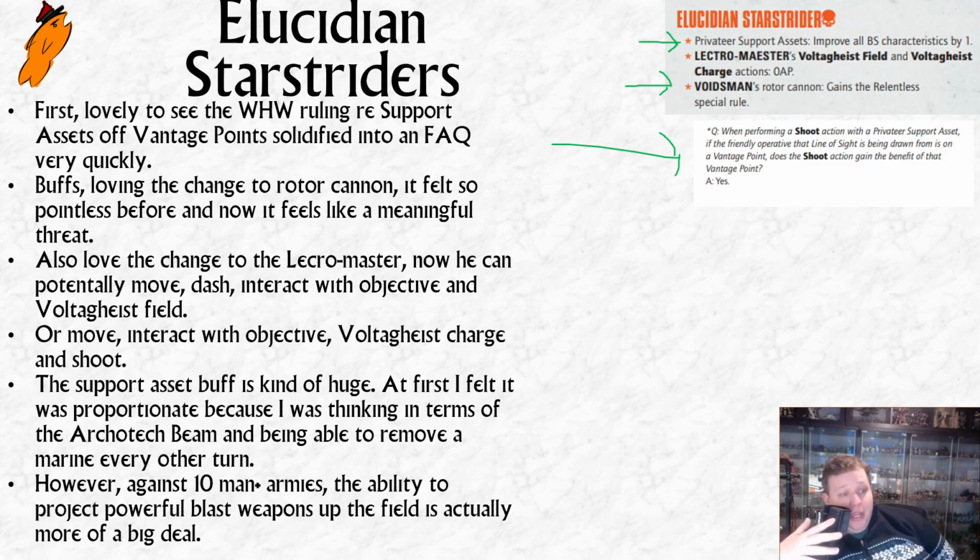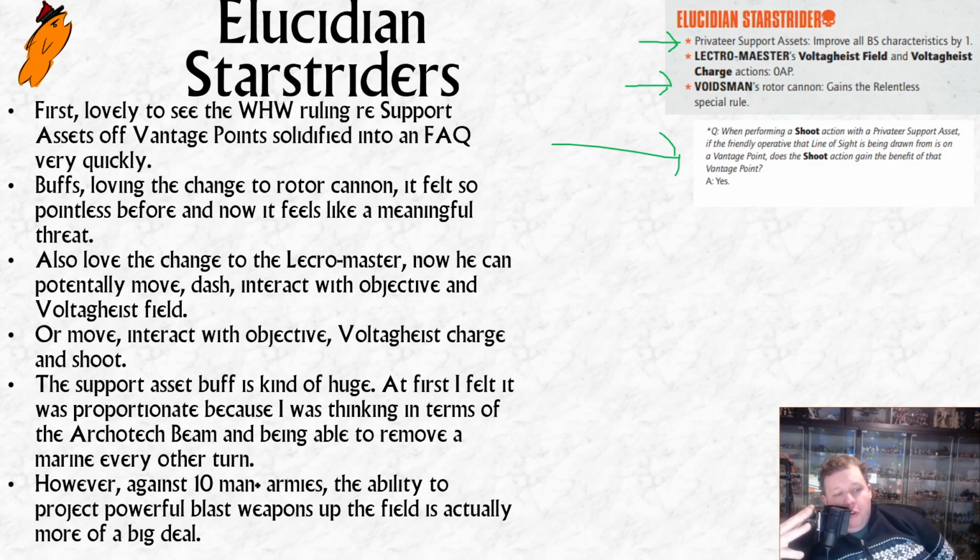Now it is much less swingy, so you're much more likely to reduce a Marine to a pair of smoking boots, which is not unreasonable. It's not an unreasonable thing to be able to do twice in a game, in a world where other people have plasma guns that they can shoot potentially 4 times in a game. I can shoot it twice, but I can draw line of sight from more operatives, so it's harder to get rid of, hard to avoid. I think that's fair and balanced.